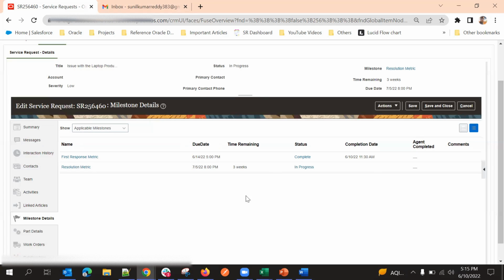By default, you can see it has a due date of 6/4/22 5 p.m. So it has still a few more days, and we completed before the target time, right? But if you see the resolution metric, we have 3 weeks of time. Within this target time, we should complete